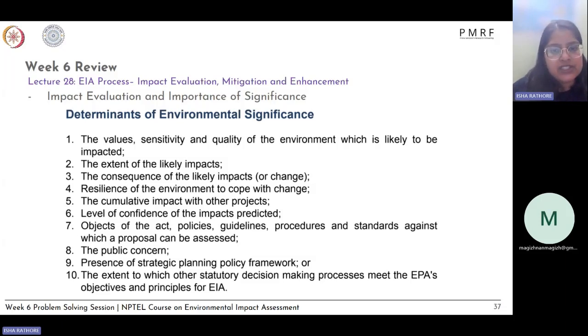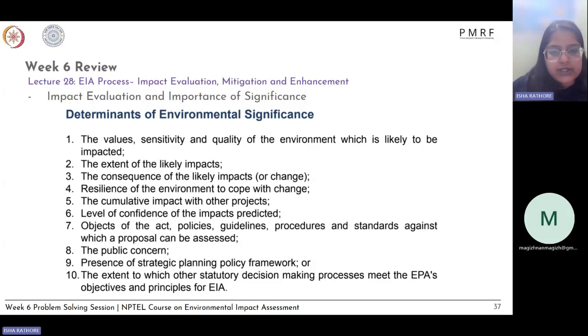So your value, sensitivity, and quality of the environment which is likely to be impacted, the extent of the likely impacts, the consequences of the likely impacts or changes, resilience of the environment to cope with these changes, cumulative impacts with other projects or with other developments in the project, the level of confidence of the impacts predicted, that is the accuracy of your simulation studies, or the accuracy